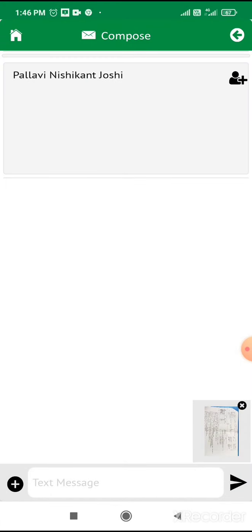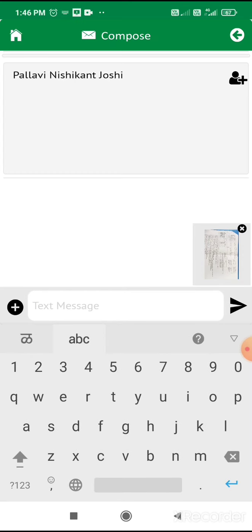You can see here at the right bottom corner a text message box, where you can write whatever message you want to send to your ma'am. For example, good morning or good afternoon.